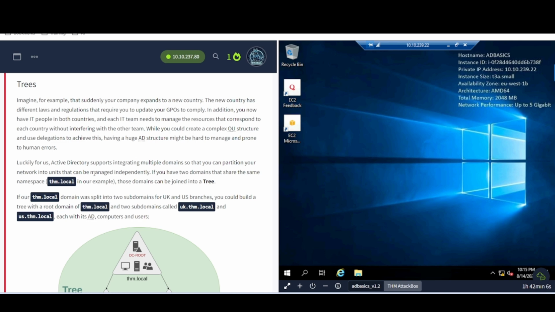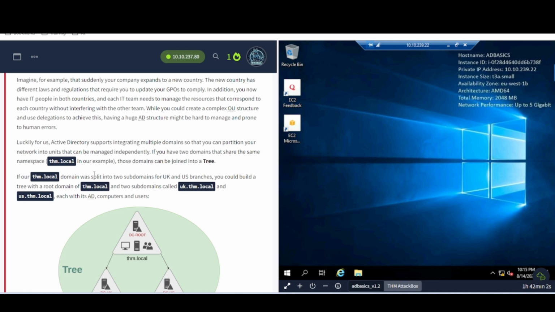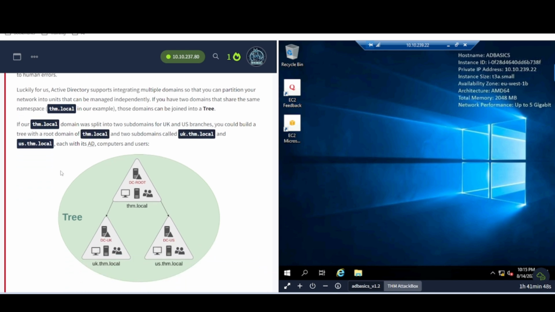In addition, you now have IT people in both countries, and each IT team needs to manage the resources that correspond to each country without interfering with the other team. While you can create a complex OU structure and use delegations to achieve this, having a huge AD structure might be hard to manage and prone to human errors. Luckily for us, Active Directory supports integrating multiple domains so that you can partition your network into units that can